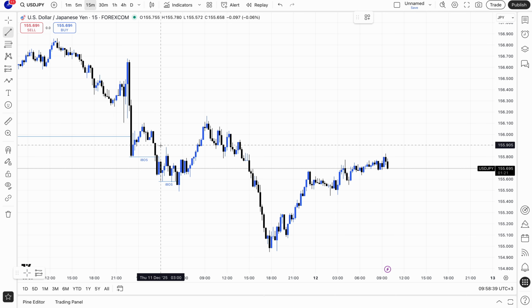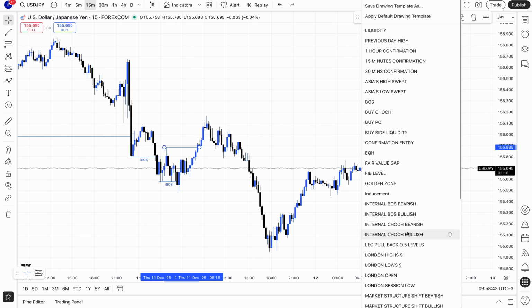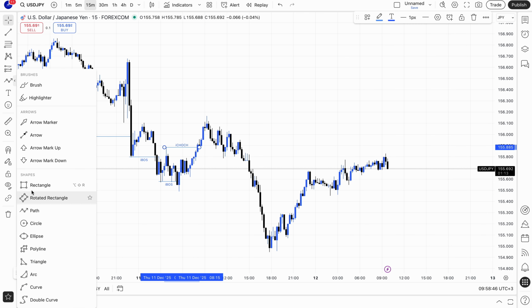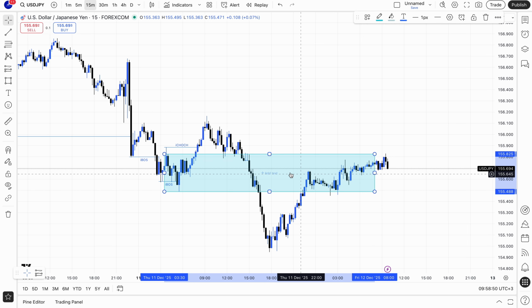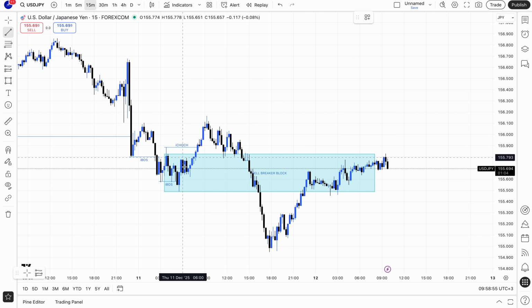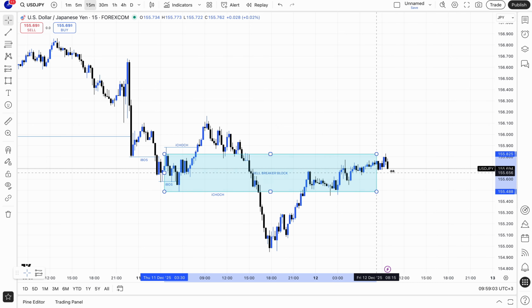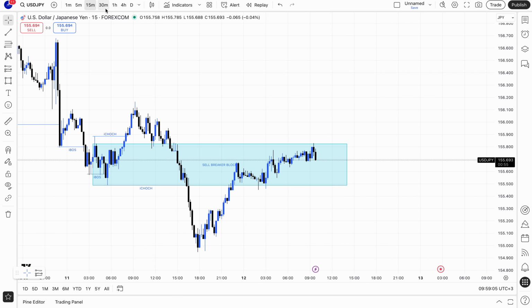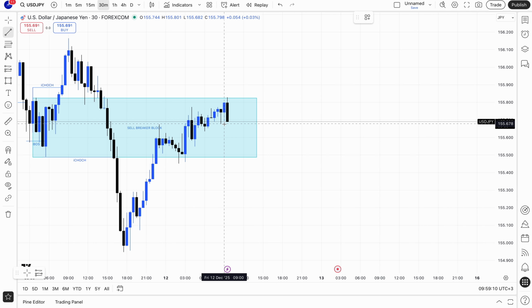Then the market shifted to the upside, internal structure, but the order block was disrespected. That means it's now our sell breaker block with our change of character to the downside. So our confirmation is just from this candle for the volume,